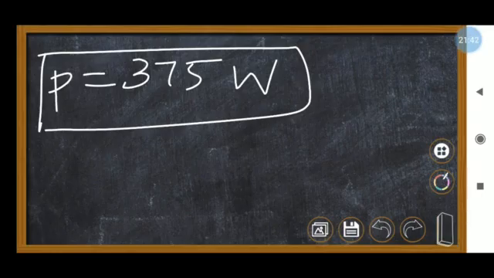So power equal to W by T. Power's standard unit is watt, named after the scientist James Watt, so W represents James Watt. We can also say joule per second, that is also okay, but you can say watt. 10 watt, 20 watt, like that we can say, but watt is a very small unit, so we can use kilowatt. For example, when calculating the electric bill, they take kilowatt. How many hours the electric device is running and how many kilowatts it uses are multiplied, and by that they calculate the electric bill.